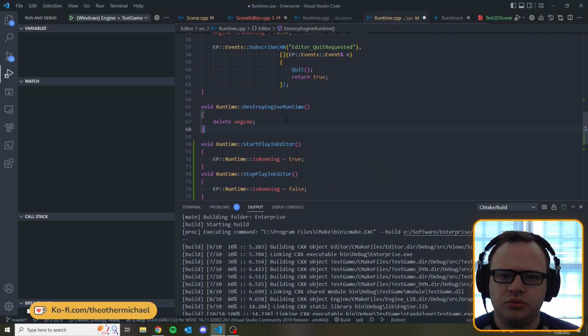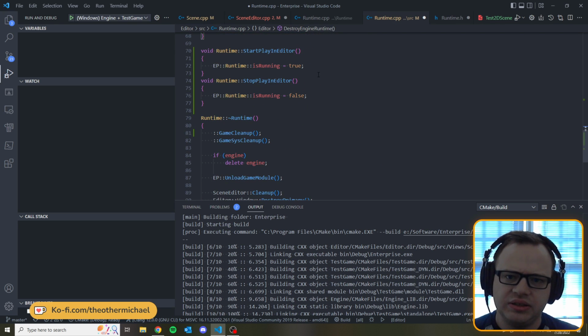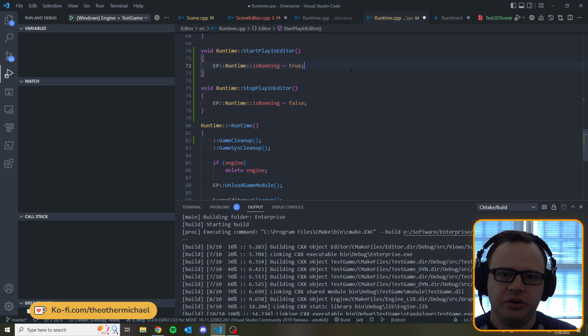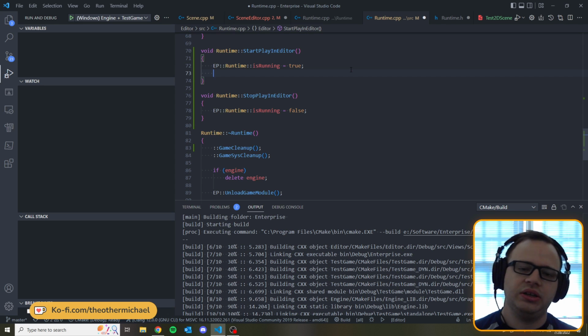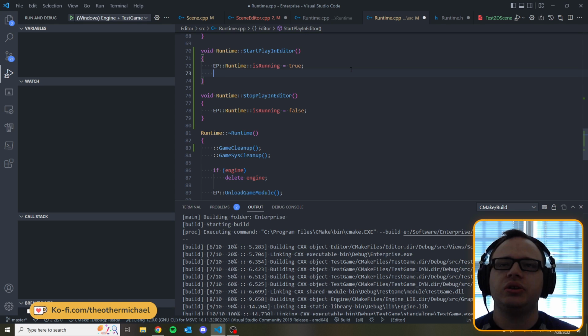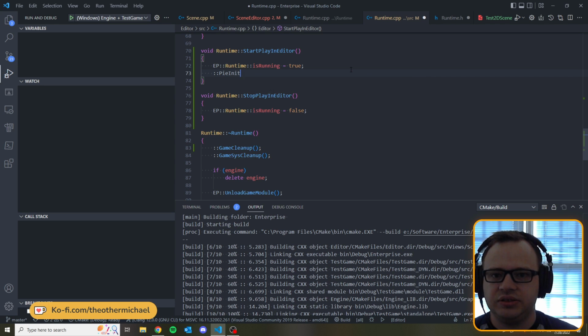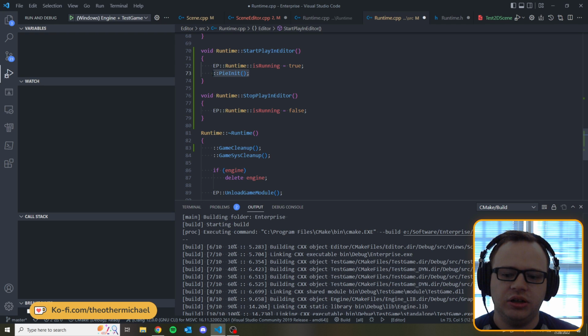So let's go back to those methods. When we do start play in editor, the first thing we need to do is set is running to true, and then this is actually where we would start the play in editor init. So we would do PIE init like that. So this is the